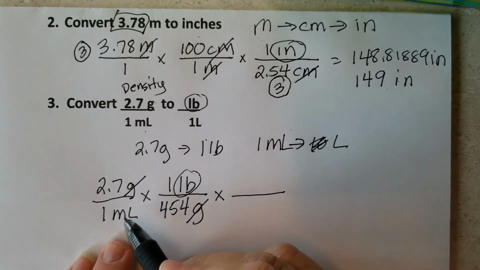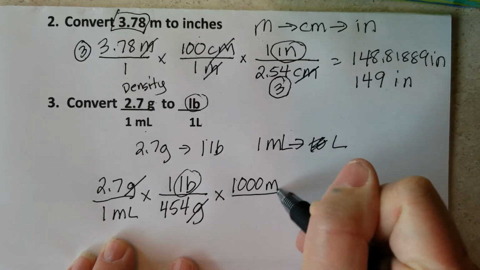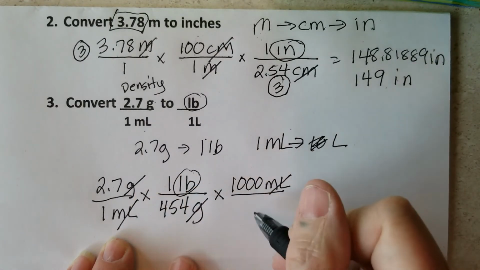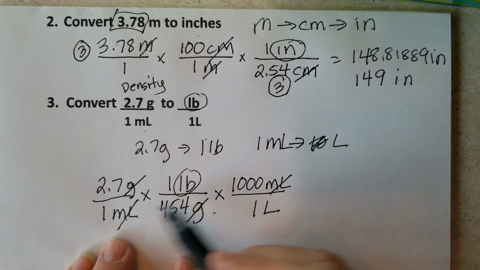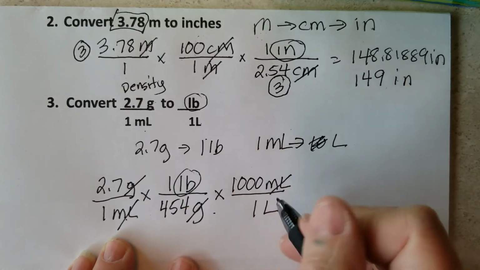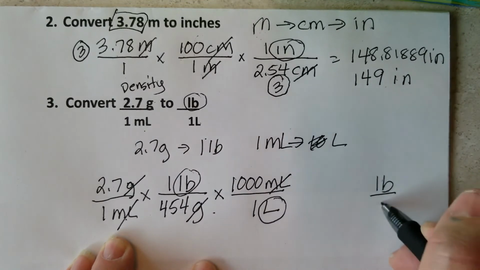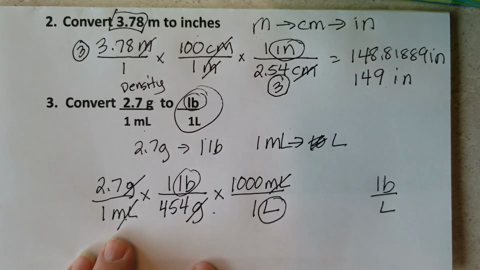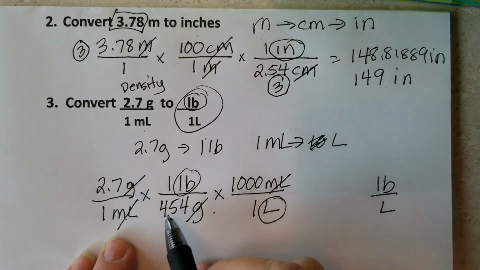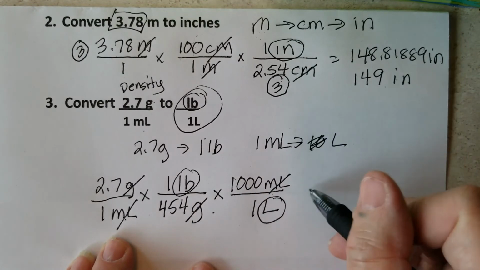Now this is tricky. I want to get rid of milliliters. So where do I put the milliliters? I put it on top so that they cancel and 1 liter on the bottom. So let's see, grams cancel, milliliters cancel. I did not cancel pounds. I did not cancel liters. So my answer is going to be in pounds per liter, which is what I want. So now you get out your calculator, 2.7 divided by 454 times 1,000 equals